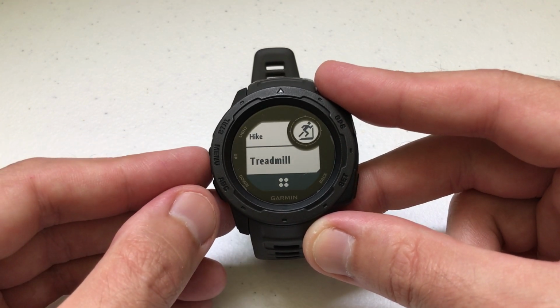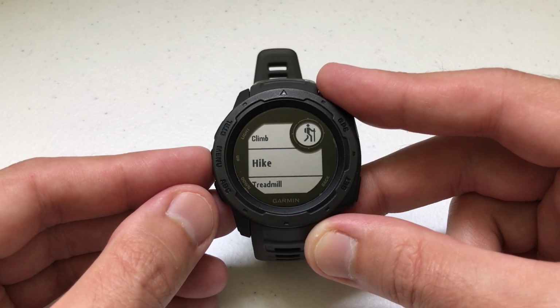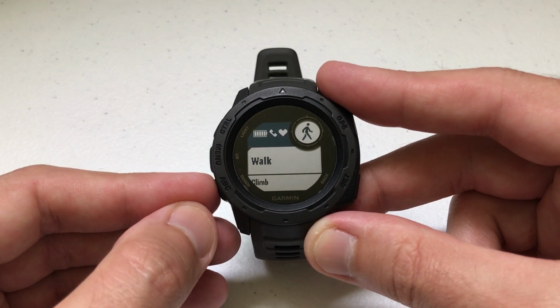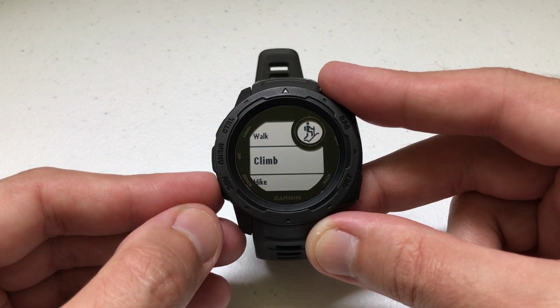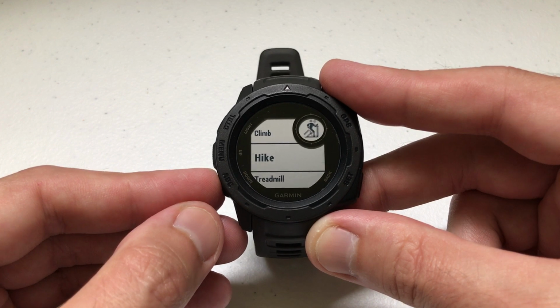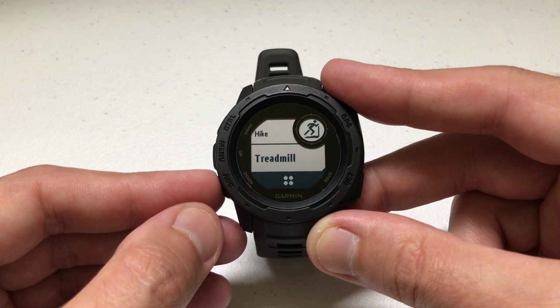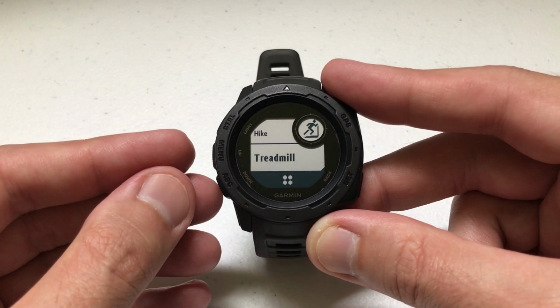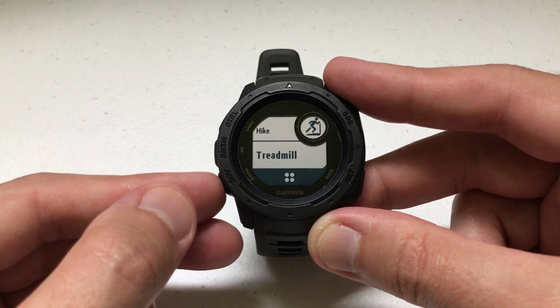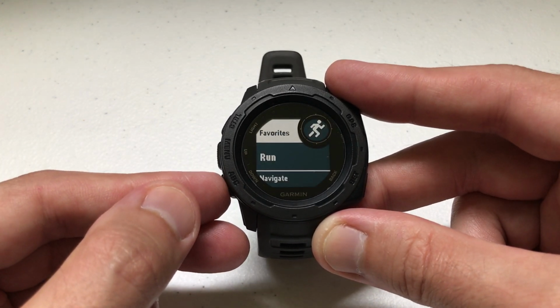But it doesn't show me run, which wasn't one of my favorites. So that's kind of the only thing that the favorites does for you, is when you're going to go do an activity, you don't see anything unless it's listed as a favorite. If you want to see the activities you've got on your watch that aren't a favorite, you're going to have to use the down button to navigate to